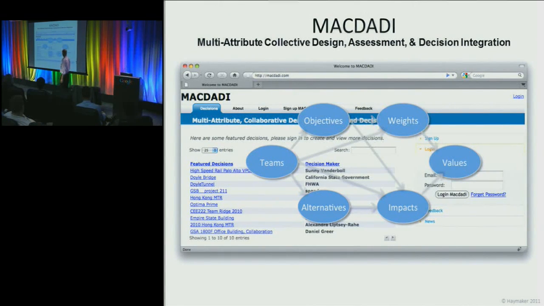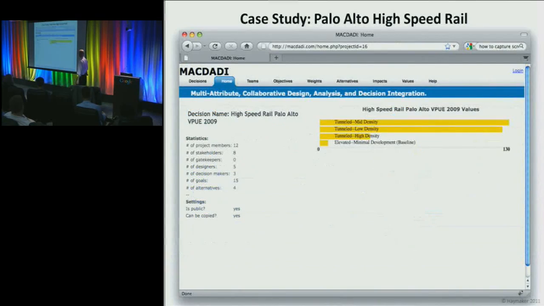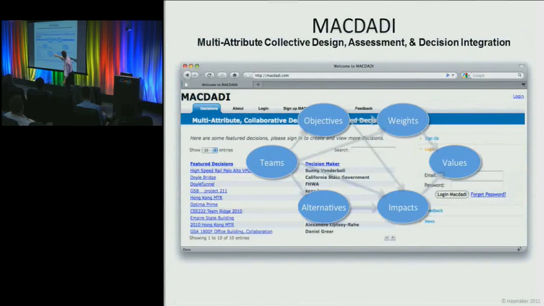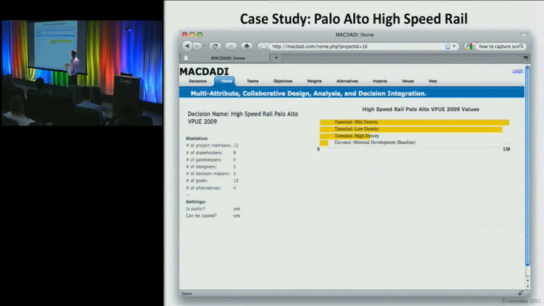This is MacDaddy. Again, a sort of 6-step process and tool that helps people formalize and communicate decisions. So this is the front page. You can see a series of decisions that we have there on the left. And I'm going to just quickly go through a high-speed rail decision here in Palo Alto. The decision here was whether we should